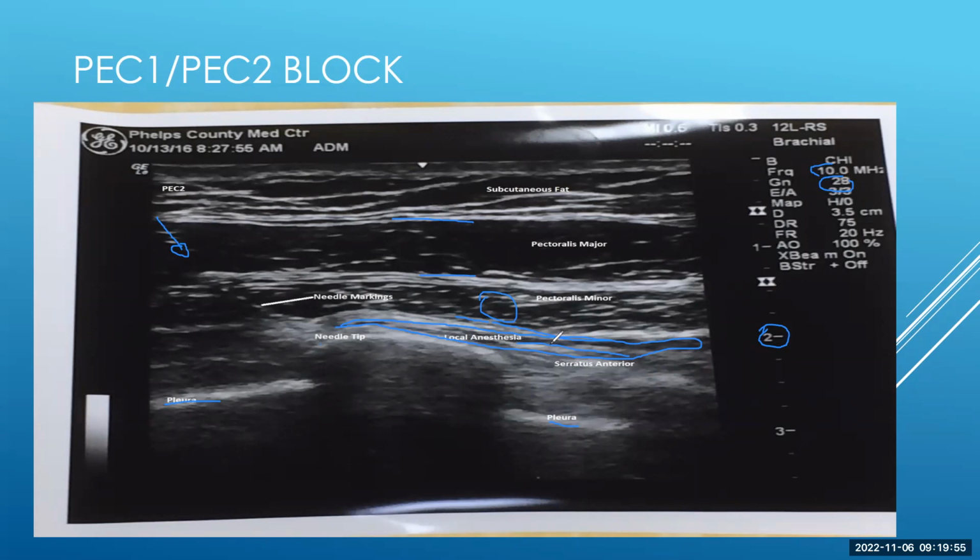And if you had a little air in your syringe, it's going to look like little stars. It's going to be kind of like lightning in the area. That is not desired, but certainly you will see some of that if there's a little bit of air in there. But in this case, we de-aired everything, which I highly recommend, because air is going to really distort the ultrasound image because it's not going to be absorbed. It's going to deflect it right back, or echo it. And you're just going to see a white bunch of starry nights, if you will. So you can see that this muscle, the pectoralis minor, is starting to separate from the serratus anterior,